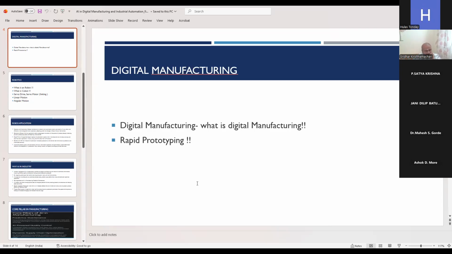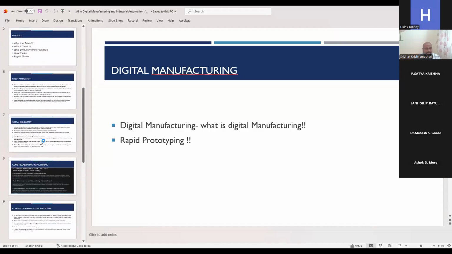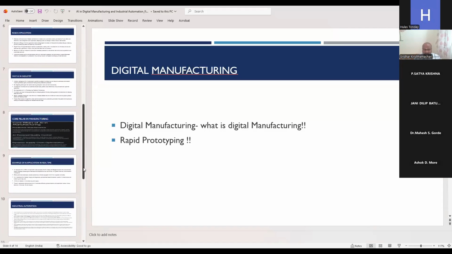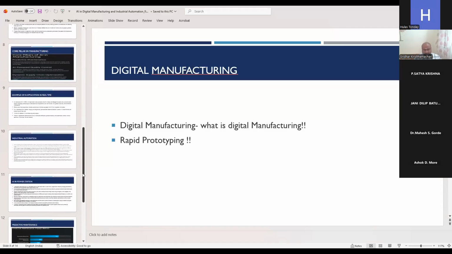Whereas with 3D printers, the advantage is that we can develop any product, even of size 300 by 300, within a span of 16 to 24 hours. Not more than that. Any product, even with inclined angles, we can develop in 16 to 24 hours. I can share some 3D printing slides separately.